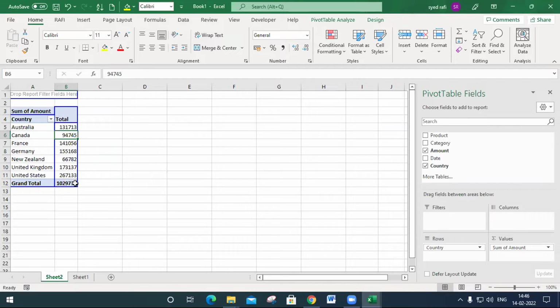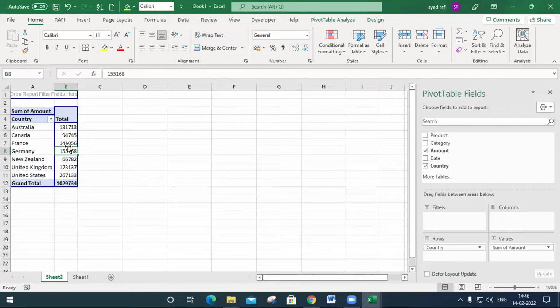If any value is above 90,000, I want to calculate 10% on the total value. Otherwise, it will display 5%. I want to give that the name commission. I want to do some calculation on this.